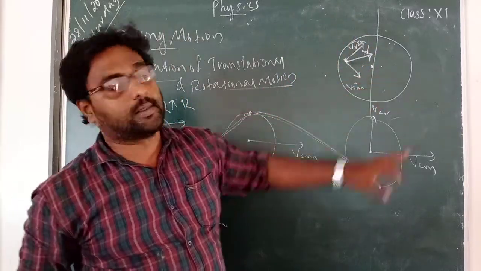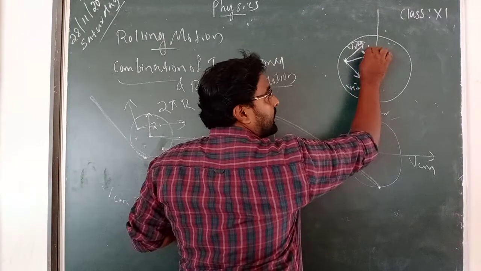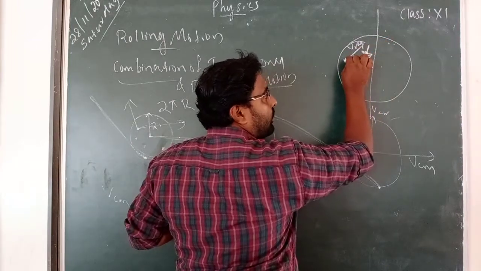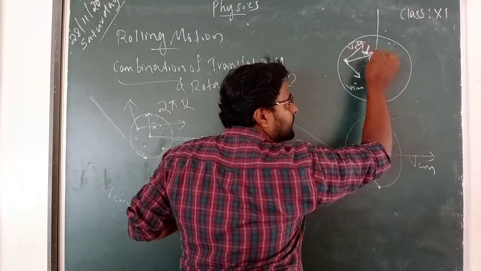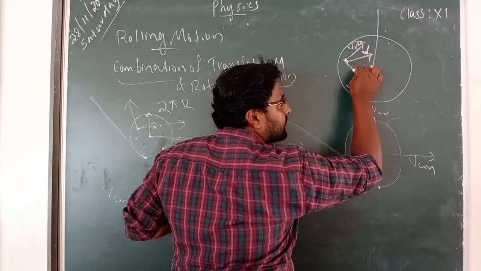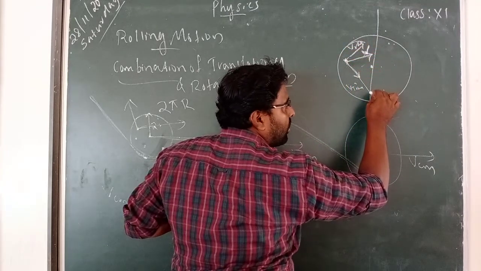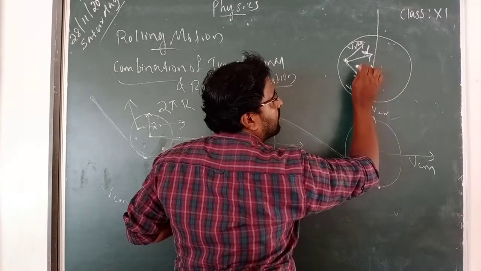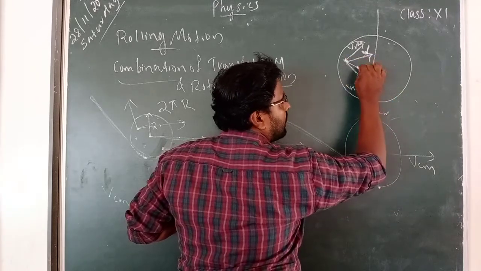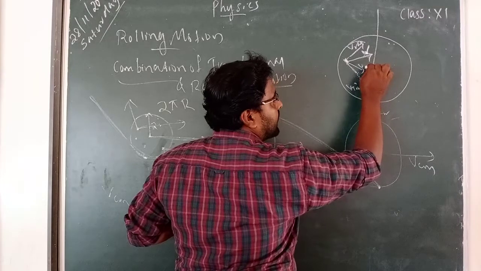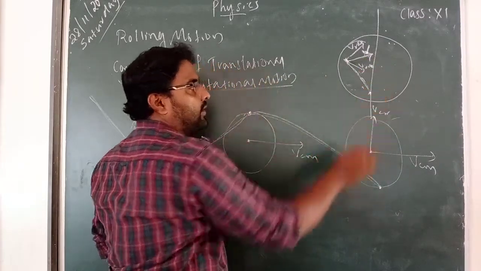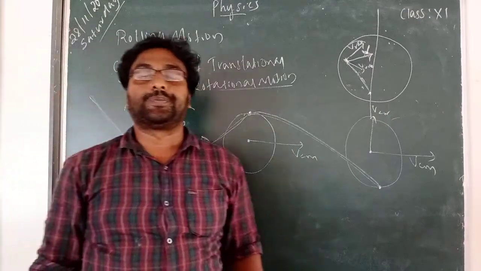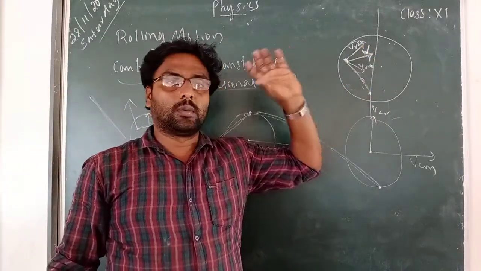You see, this is the point of contact, and from here this resultant velocity is always perpendicular. This is zero translation. It is always perpendicular to the point of contact. So remember,